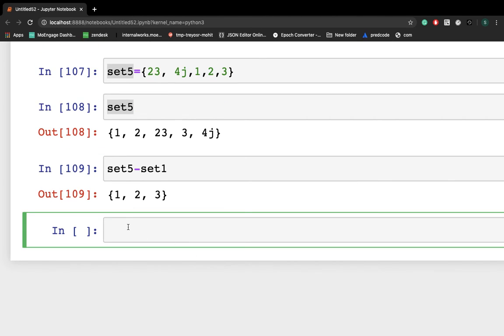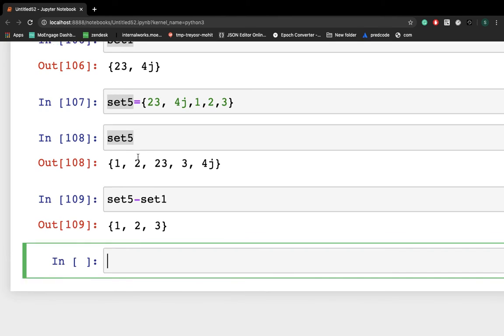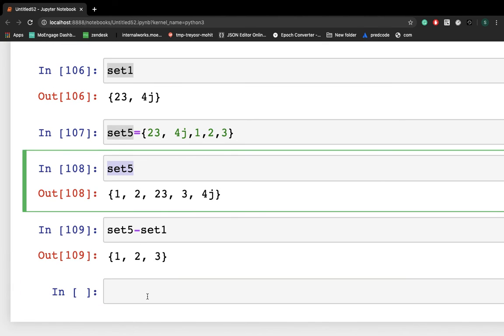Also, now one of the very important concepts, which is frozen set, right? So what is a frozen set? A frozen set in Python is a set whose value cannot be modified, right? So we'll see if we make set 5 a frozen set, let's say.